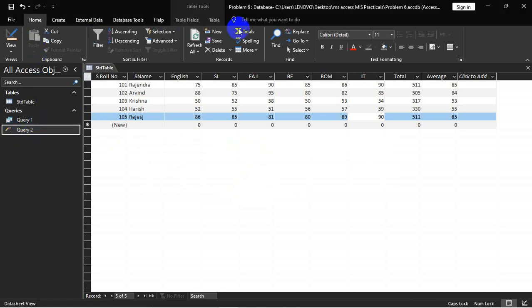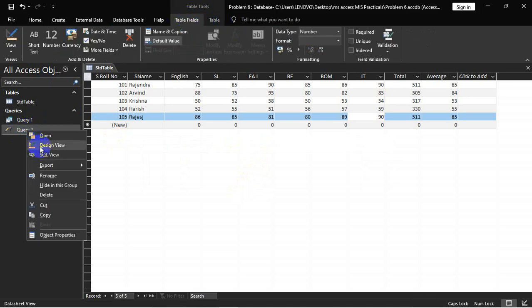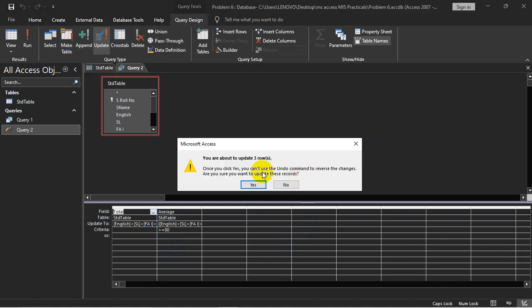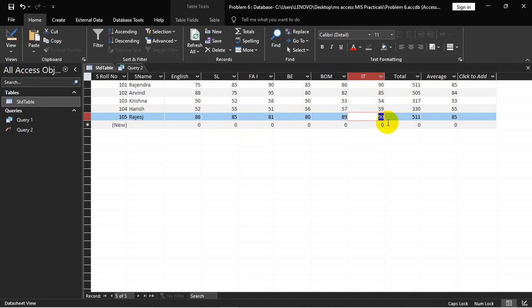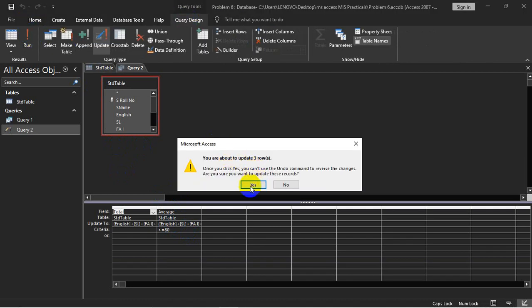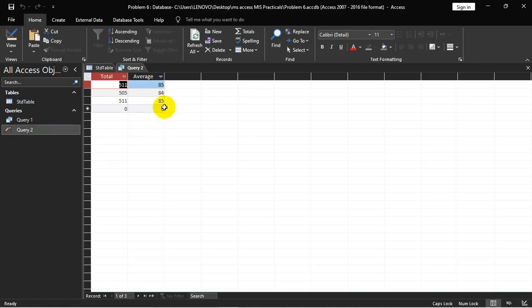Yes, you can run here. Already updated 80 here, right? Query design, run. You got 3 rows updated. Here you got these 3 rows.